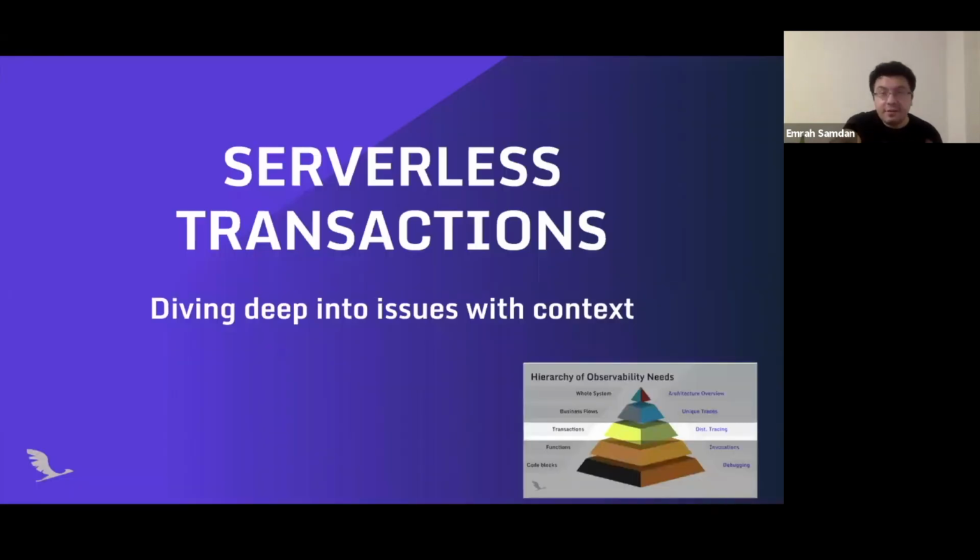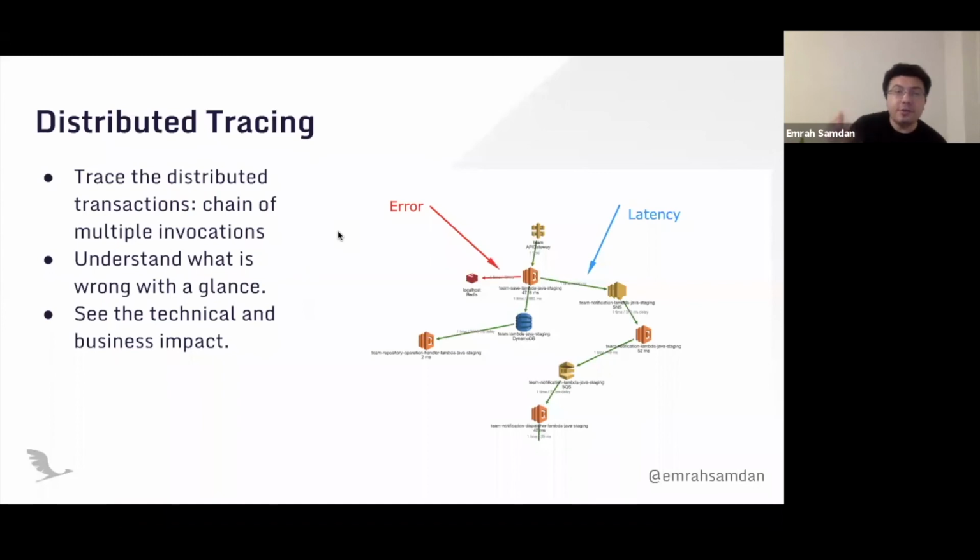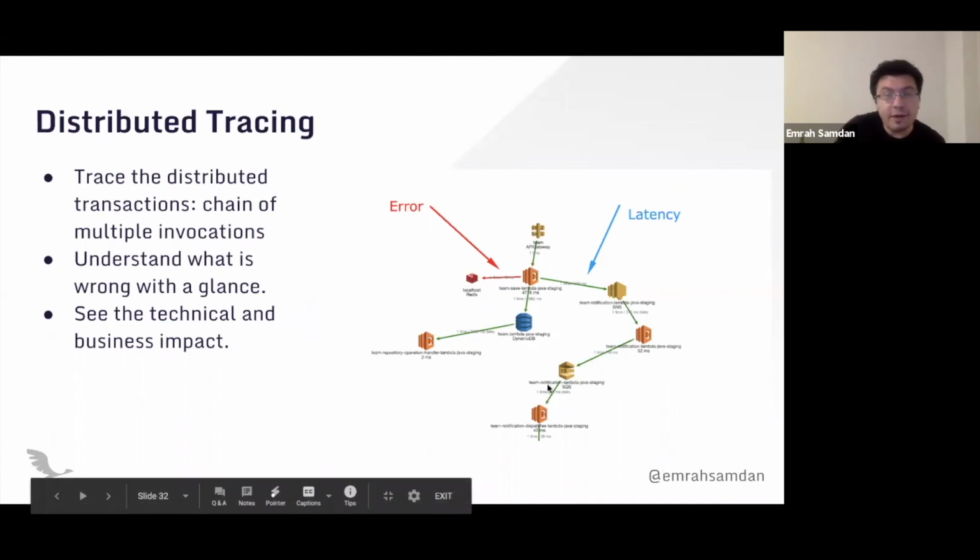The most important one is now coming, the serverless transactions. Let's say deleting a team is an asynchronous chain of invocations, and it happens over and over again. But when this transaction faces a problem, you need to solve this problem by checking out something else. For this, you do distributed tracing. You are tracing the distributed chain of invocations here. API Gateway triggers a Lambda, which writes something to SNS, which triggers another Lambda function, and this Lambda function writes something to SQS, and is called by other functions.